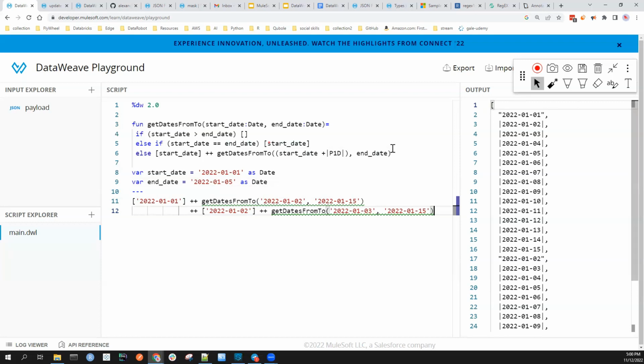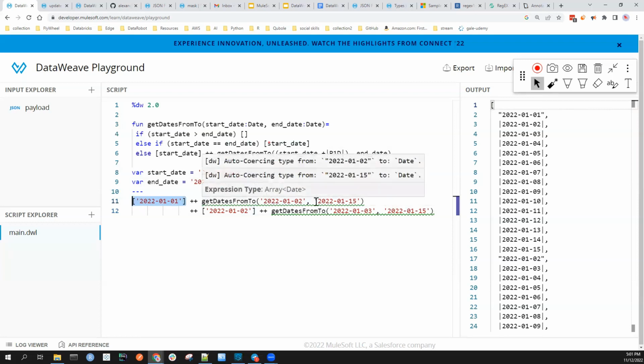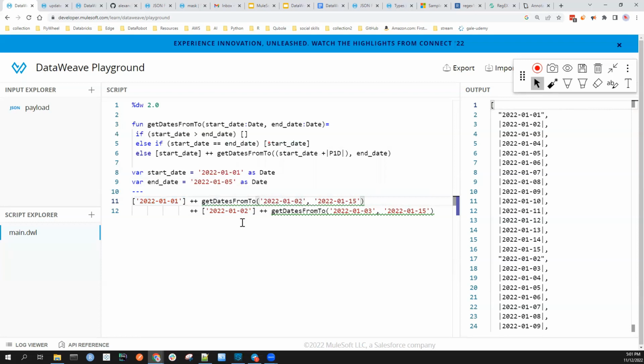Just forget what we see on the output. I'm just explaining what it is doing. So first, it puts the start date. Next, the function will be from the second day up to the end. The second date now comes and gets concatenated with this one. And next, this one means